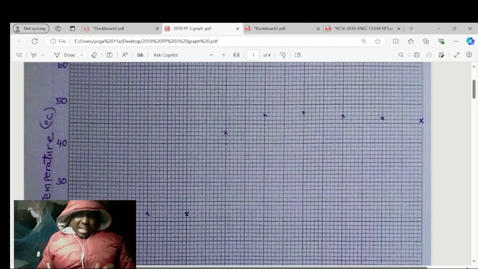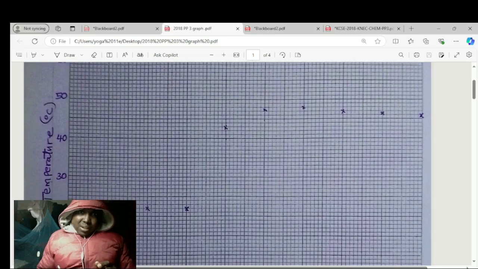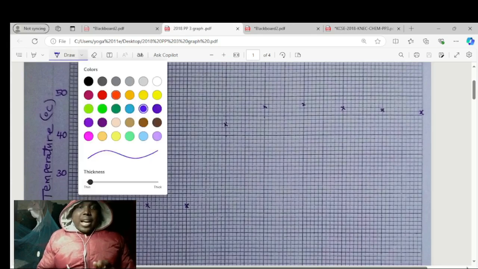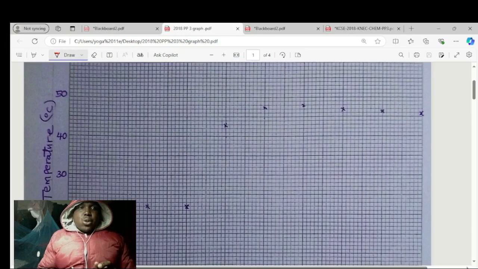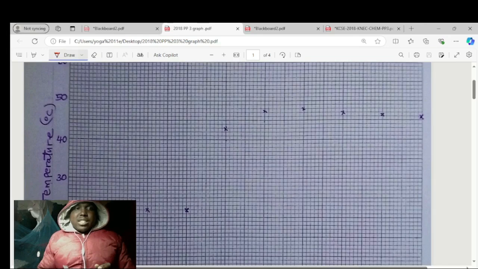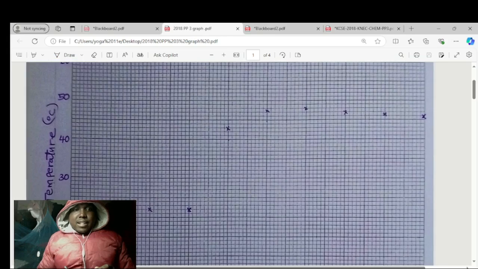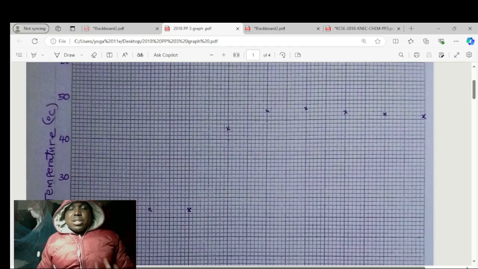And looking here, we are doing energy changes. Another person may think that now here they should draw a curve. You should know what you are dealing with. If you are dealing with energy changes, there is no day you are going to draw a curve for energy changes. No. So here, we are going to draw a straight line. Take these points, place the ruler, look at the points that take the maximum number of points, and then you draw a straight